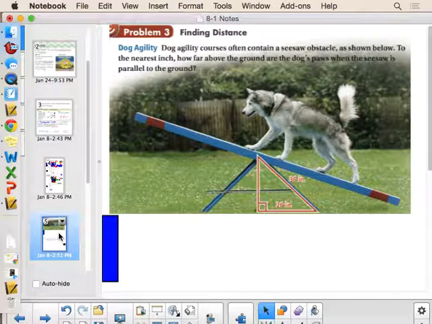To the nearest inch, how far above the ground are the dog's paws when the seesaw is parallel to the ground, okay? Thinking about what that actually means. When the seesaw is parallel to the ground,